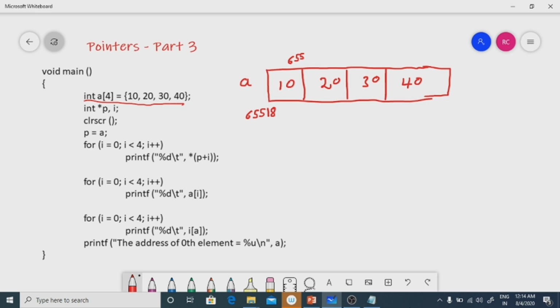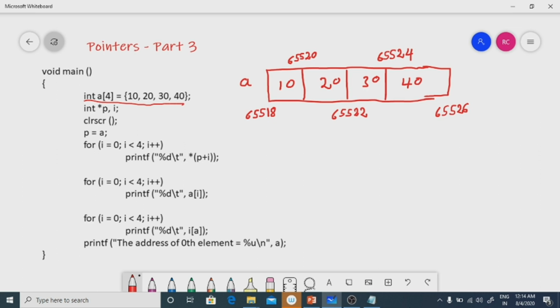So 65518 and 19 for 10, and 65520 and 21 for 20, then 65522, 65524, and 65526.